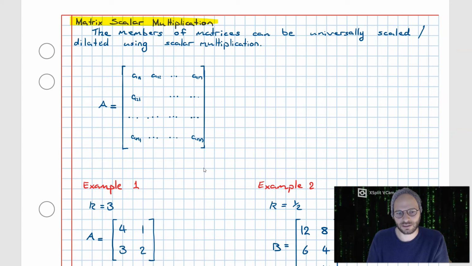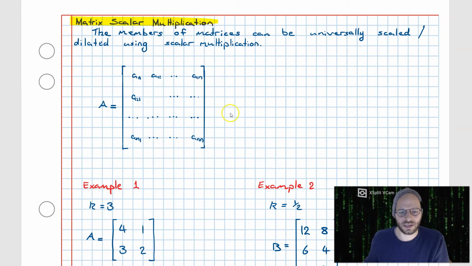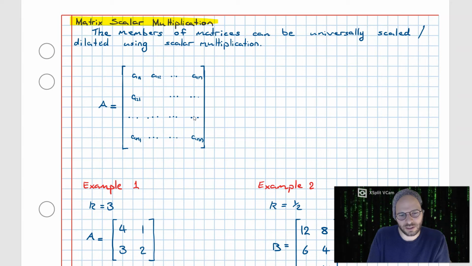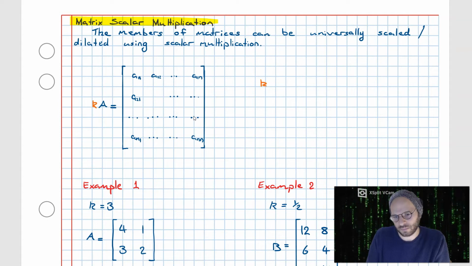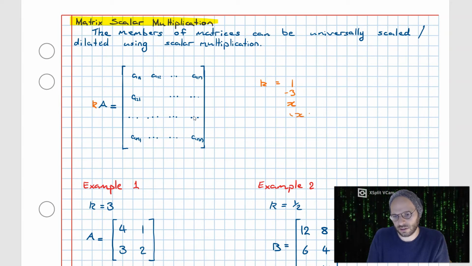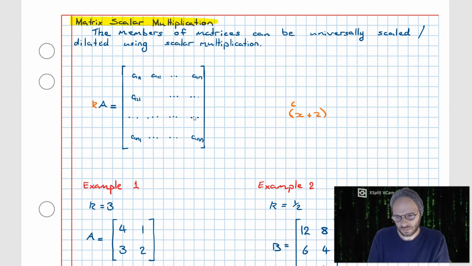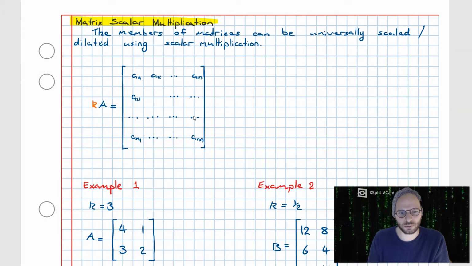by a set factor. Now, if we turn our attention to matrix A over here, we've got a generic matrix with no real information or dimensions set inside it. What we're going to do is multiply the left-hand side of the matrix by a scalar value of k. K being something like the value of 1, -3, x, or x plus 2. So basically we're looking at just some generic values that we would have seen in our algebra up until year